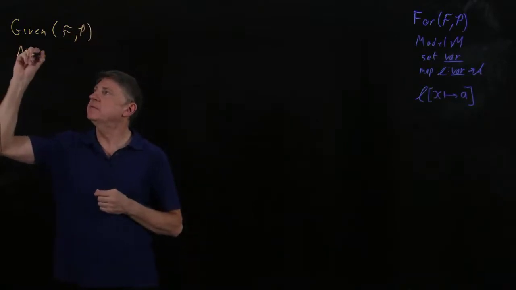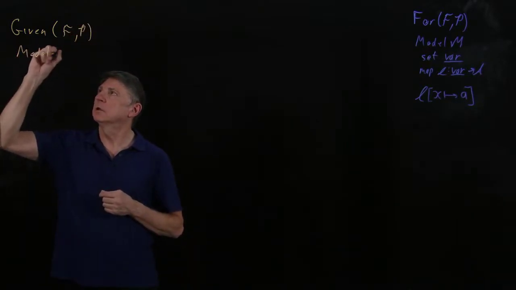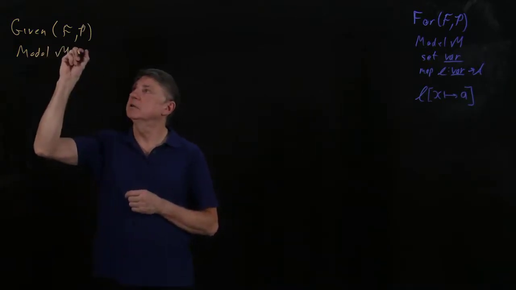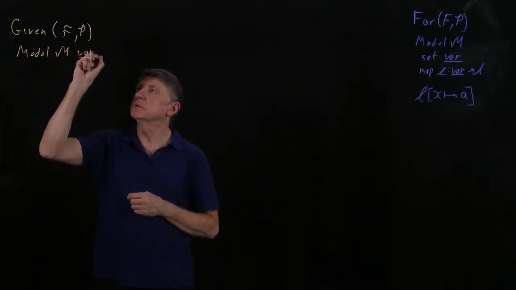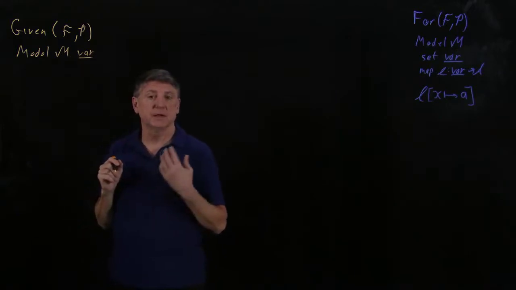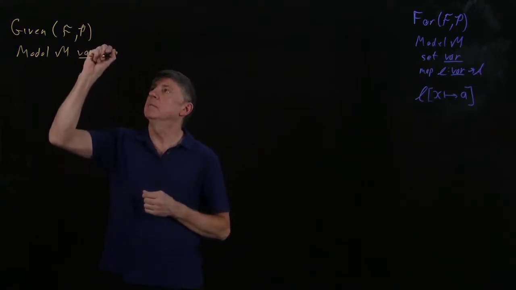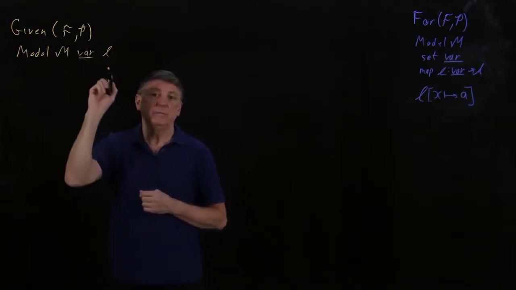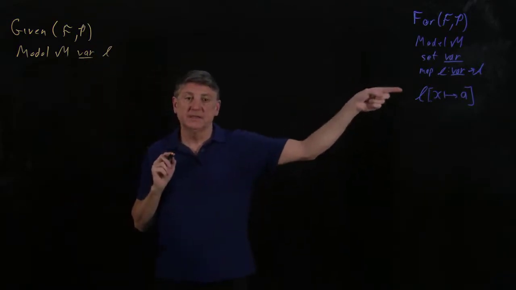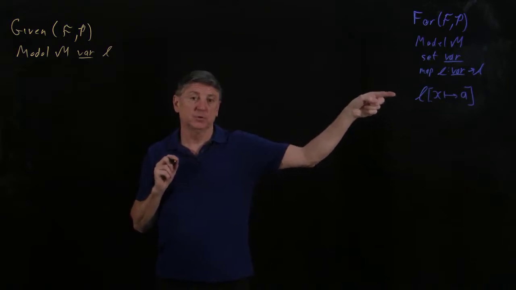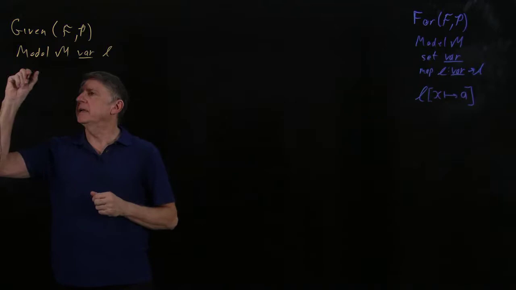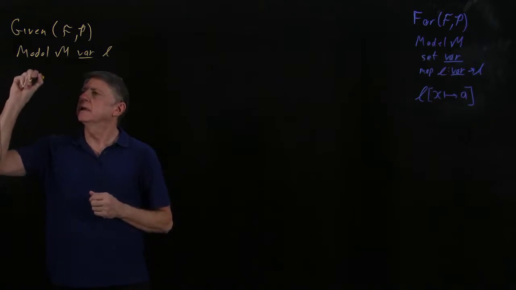And we have a proposed model, M, that may or may not include a set of variables if there are free variables in the formula, and it will include a lookup table. And we may have to employ this technical method for some variables. What we'll say is that M